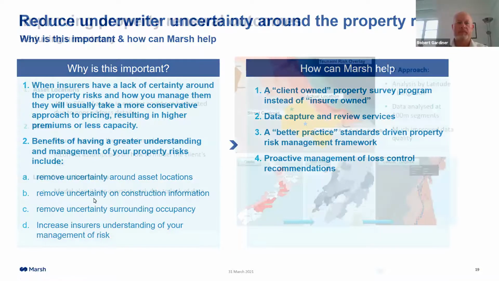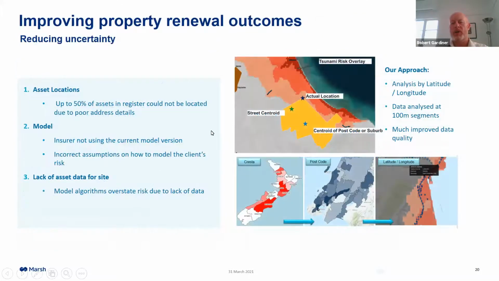Absolutely. Thanks, Ian. And here's a couple of just practical examples when you talk about the quality of data. On that image at the top, it gives you an example of where address data is really missing information. In this example, the client's location was actually in an exposed region, but on the basis of the address, how it was presented, it could have been in the middle of a suburb, or it could have been on a street, both of which sat outside of the hazard zone itself. So that's a potential disclosure issue, but ultimately it also doesn't help yourself when you're trying to understand whether your sites are exposed to perils to help you drive risk management.